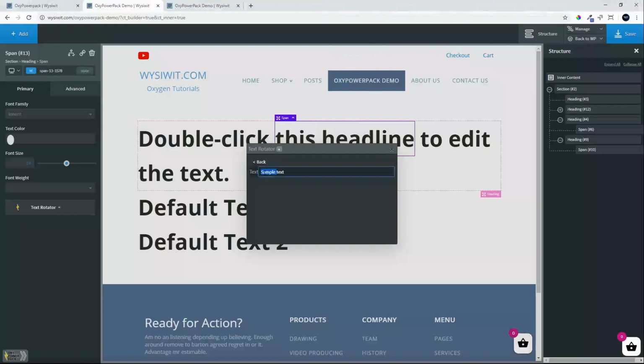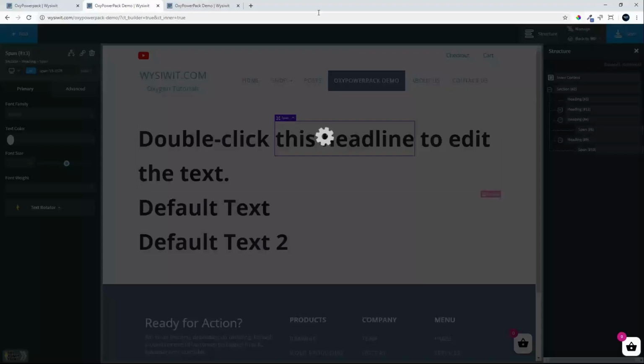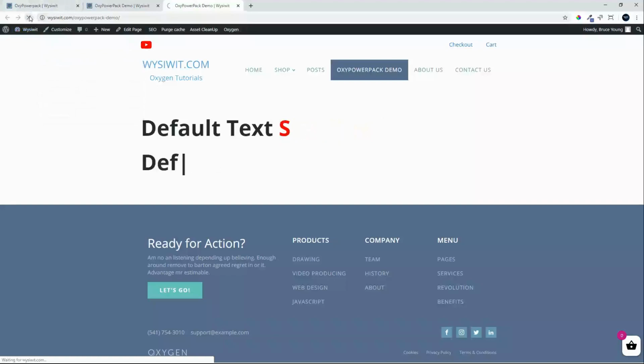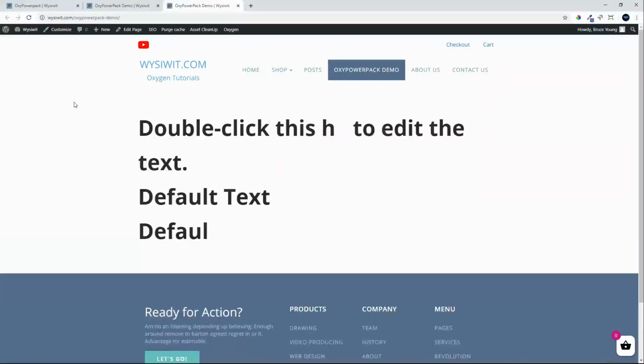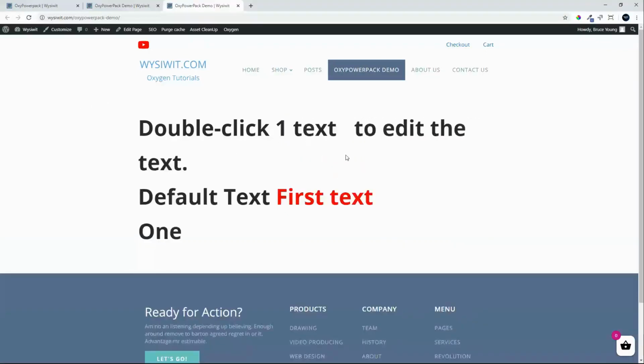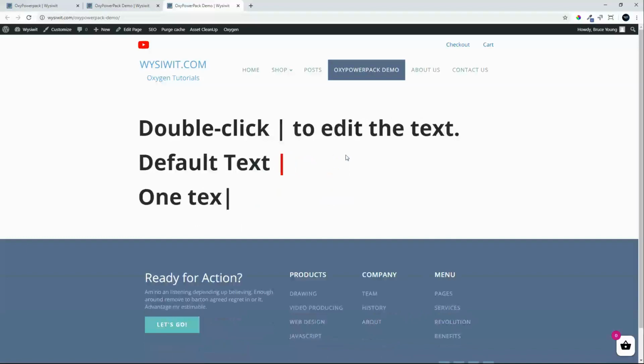We'll keep it nice and short, so we'll go with a 1, number 2, number 3. That's our text. Close, save. Head over to the front, and now when we refresh the page, you'll see that this headline rotates and is replaced by 1 text, 2 text,